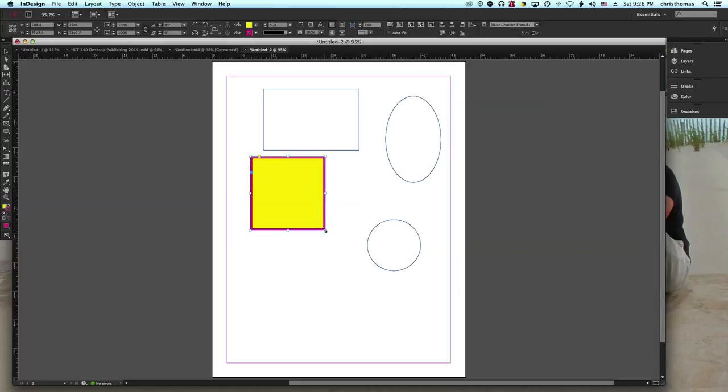If we want to size this thing proportionately, we need to hold down the Shift key and it will size it. Shift and Command, or Shift and Control, will size it proportionately. Now, if I grab this one up here, I can do the same things even though there's no fill. Does not matter. So the Move tool moves things around, it squishes it, it squashes it, it sizes it, it rotates it. Real simple, real easy. Should be stuff that you guys already know from other programs. But now let's take a look and see with the Direct Selection tool, the white